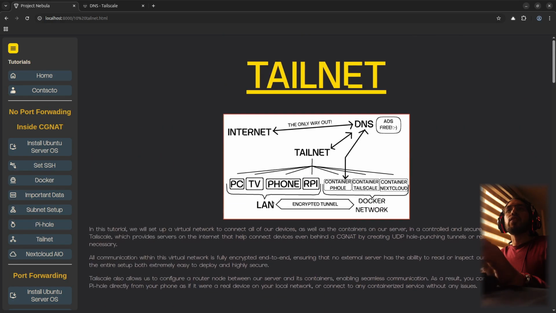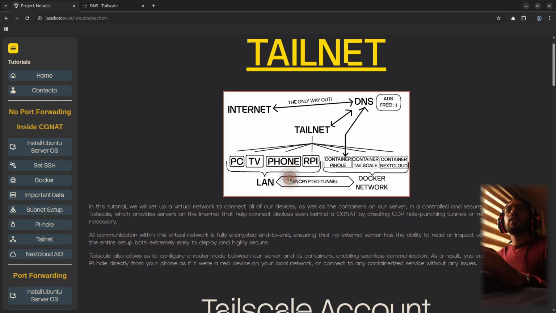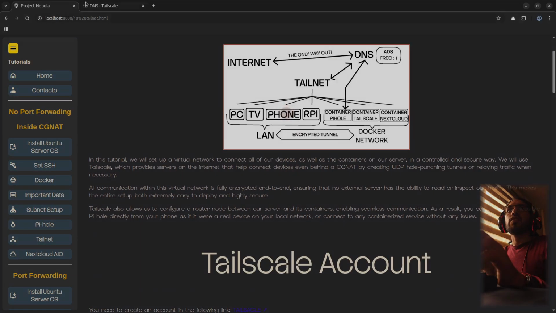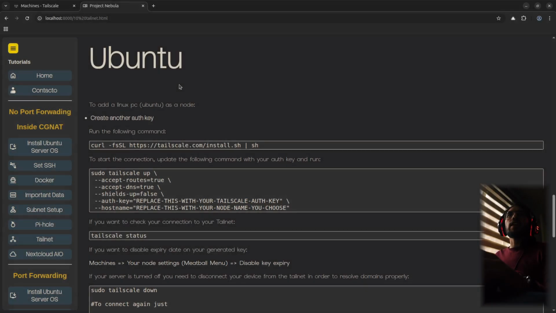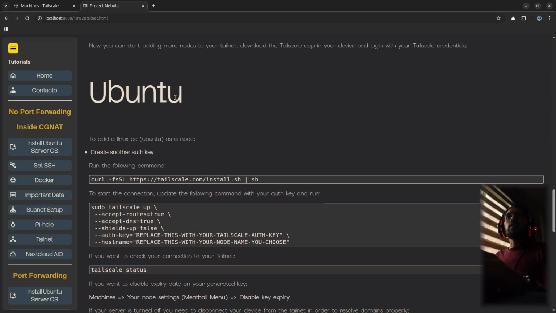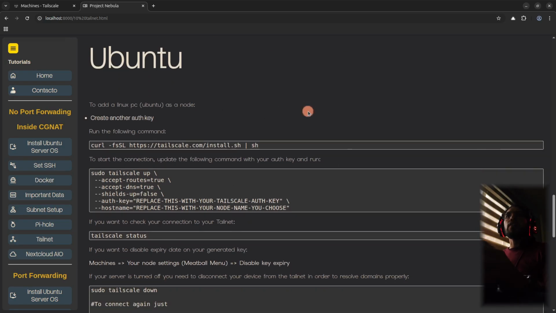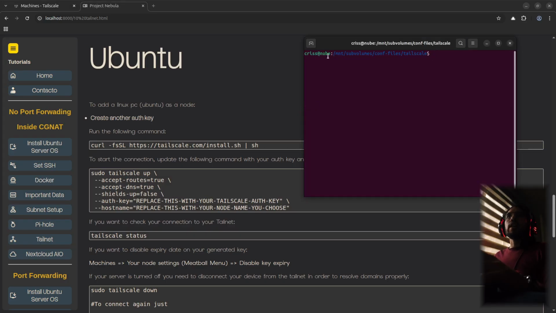So now you can connect your phone to your network using Tailscale. So you have to download in your phone the Tailscale app and log in using any of their methods. Okay guys, so let's connect a client in our Tailnet for this PC, which is my office. So I have been using a terminal connected to my server Nube. So we need to open another terminal,